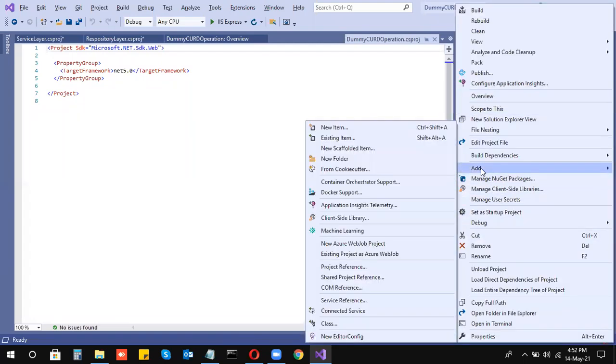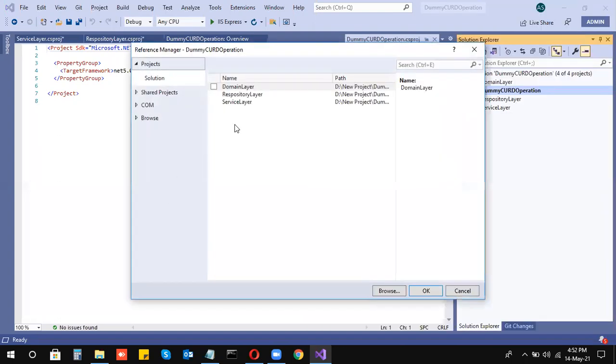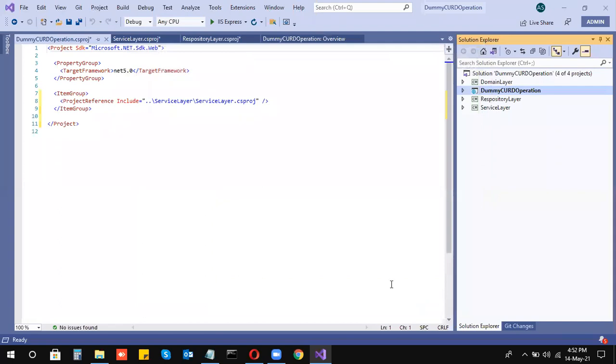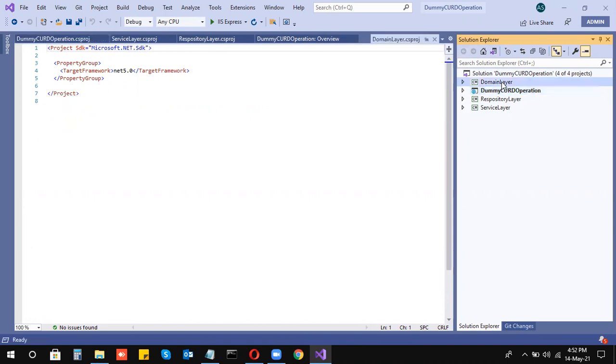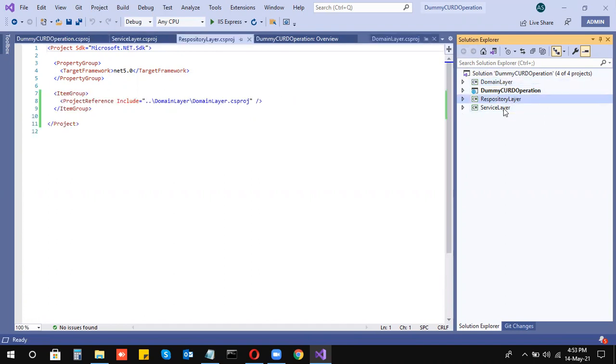Again, I'm going to add a project reference, and it's the service layer. Okay, so I've got everything. As per our understanding, we create a dependency of the repository layer over the domain, the service layer over the repository, and dummy card operation over the service layer.